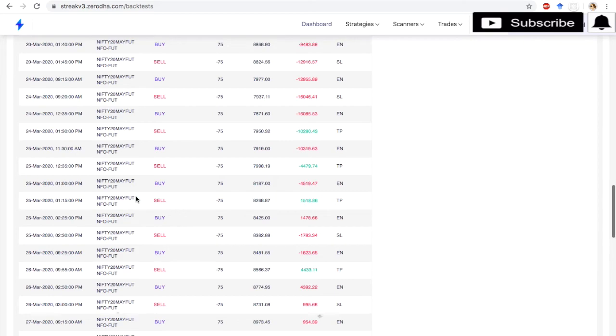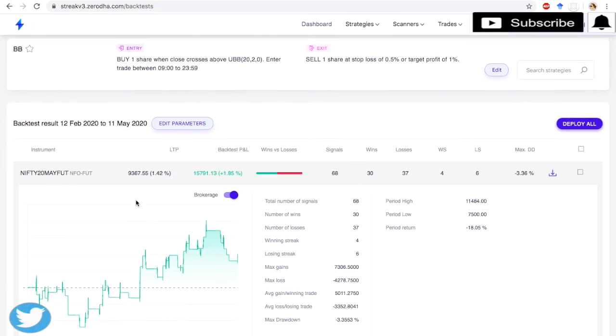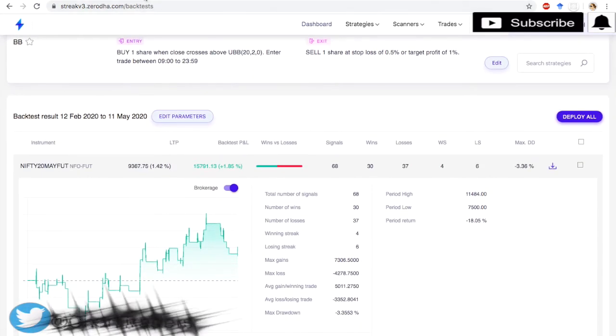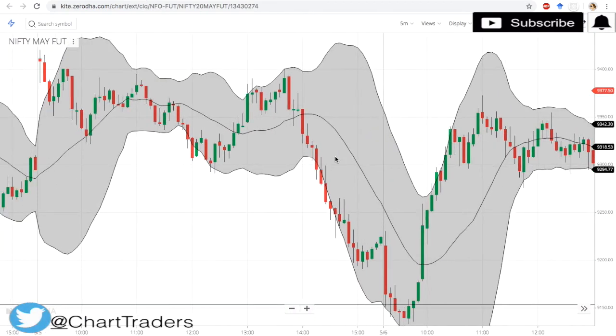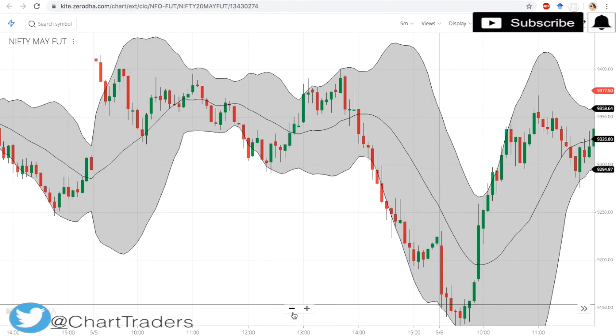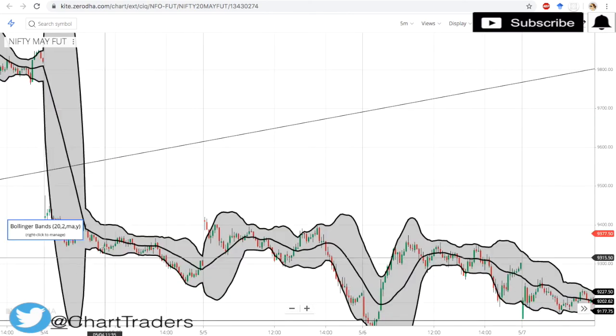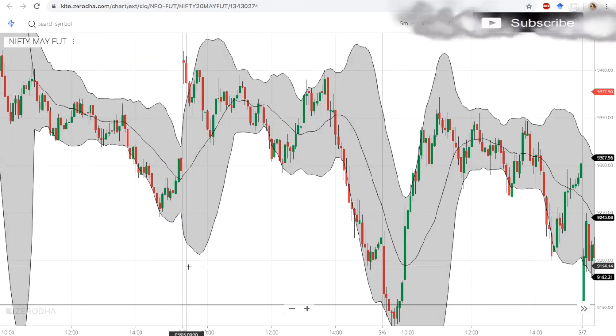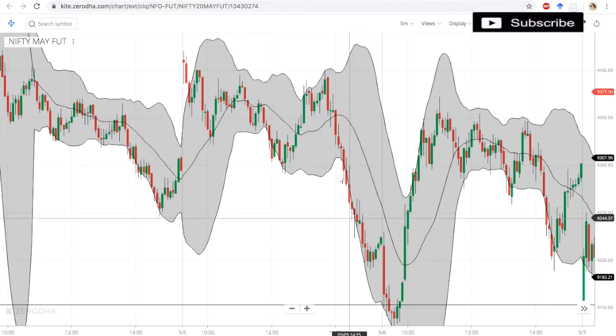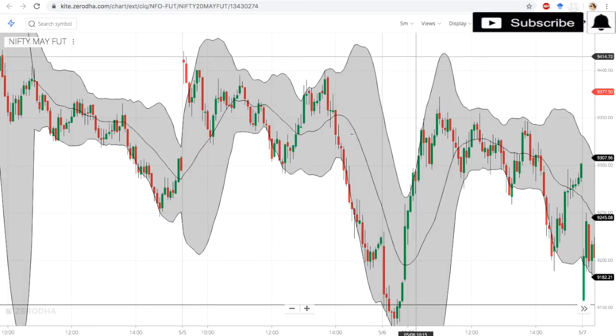In the same way you can see the target, that is TP. Normally we can trade Bollinger Band when we have a Bollinger Band expansion, that is, the bands come near each other and then expand in one direction, from above or from below. At that point we can take a trade. By visualizing we can take the trade, but it is difficult.